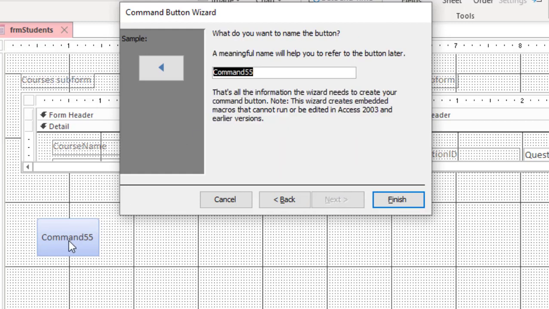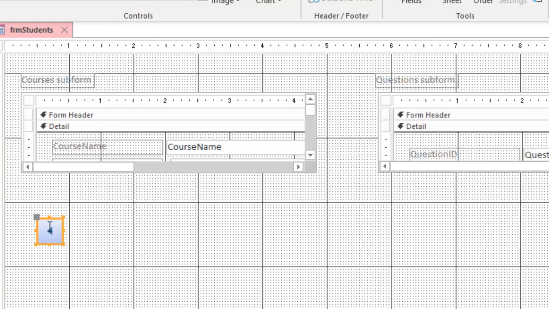So we want to go to the previous button, and you see it has given it this icon. So we'll write, for example, here, previous. So that will be our button name, and we'll put a prefix btn previous. Okay, that will be the name of the button, which we can later use when we write macros. So we'll say finish, and it's done.